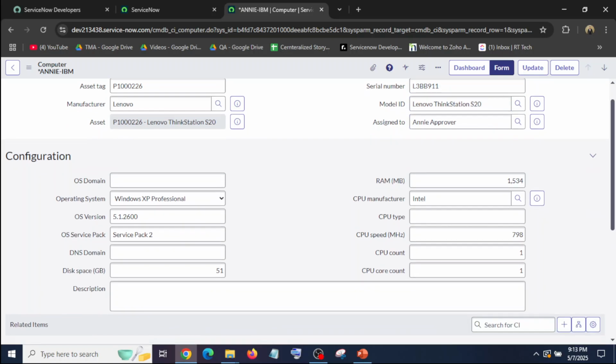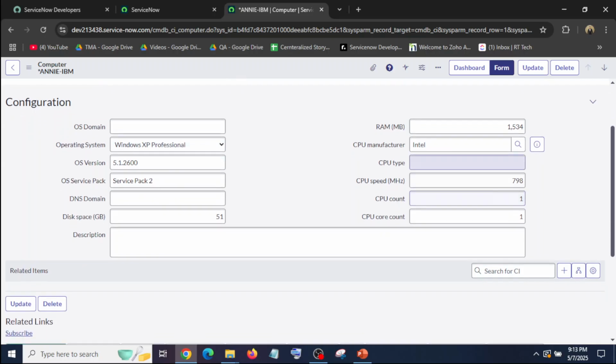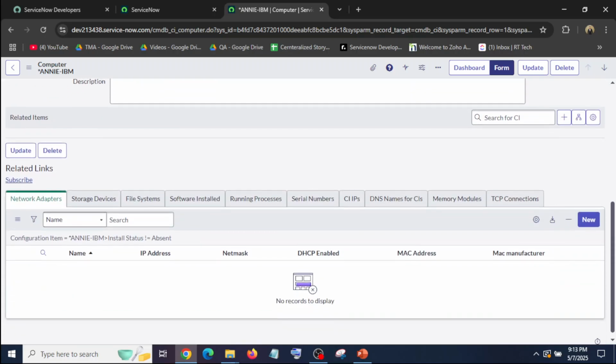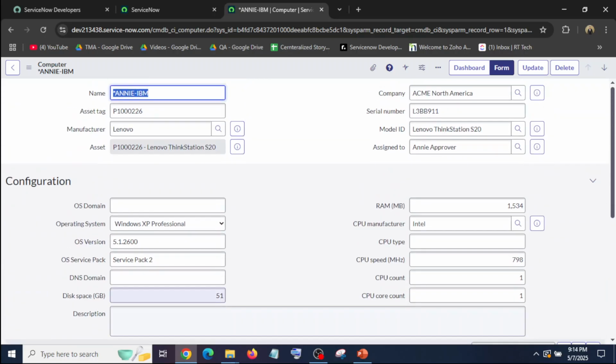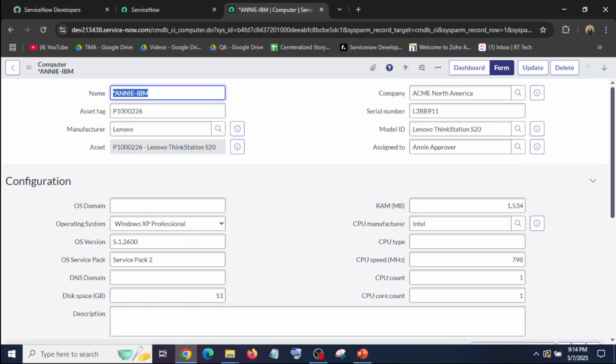So it shows all the information, and then the configuration, like the operating system in this system is Windows XP Professional, and the RAM, CPU, all the information is available on this. So in this way, the CMDB stores the configuration item data and the information related to that configuration item.